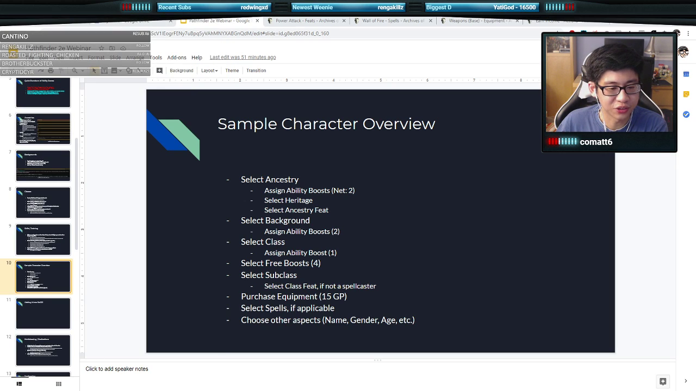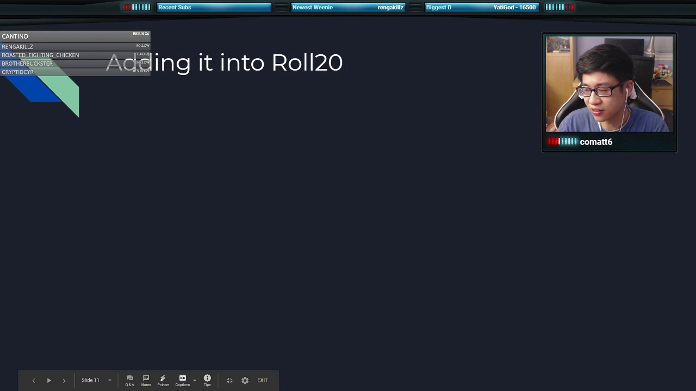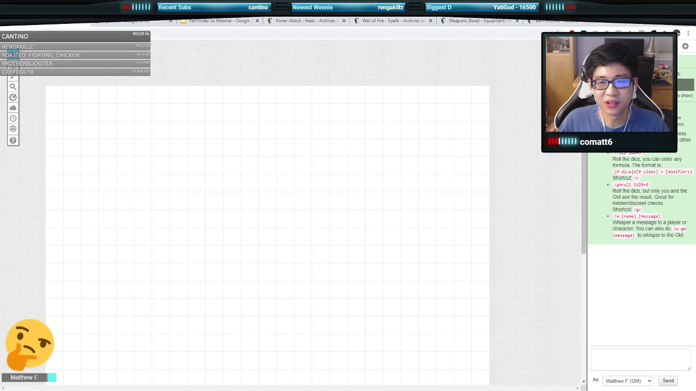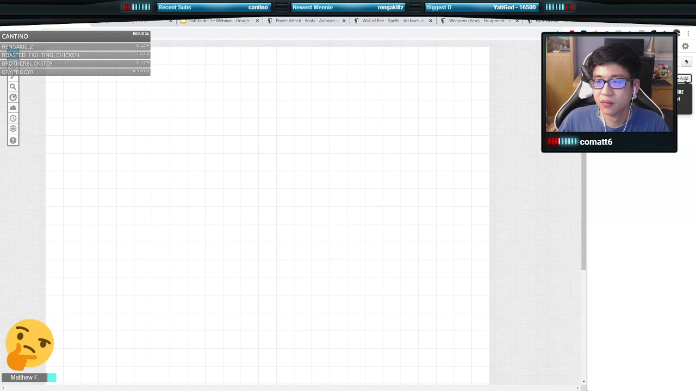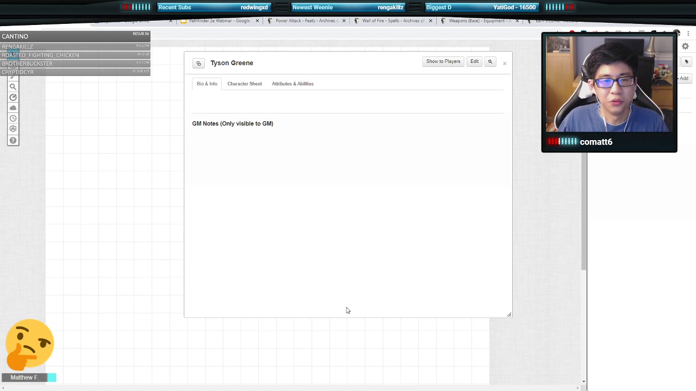And that's awesome. However, we do have to add it into Roll20, and I don't know why I full screened this, because I need to get out of here just so I could go into Roll20. So if you have a character sheet, you can build your character here. I know you can't see that, but